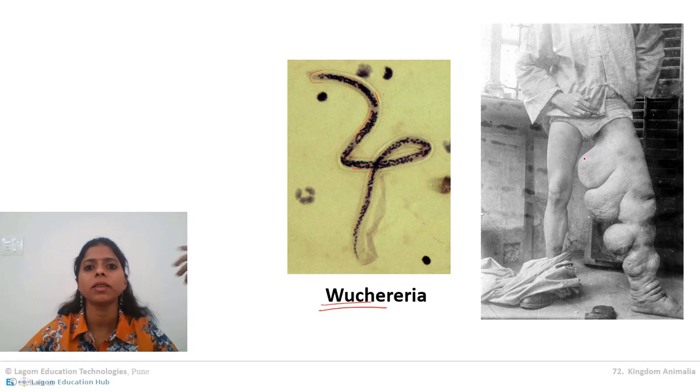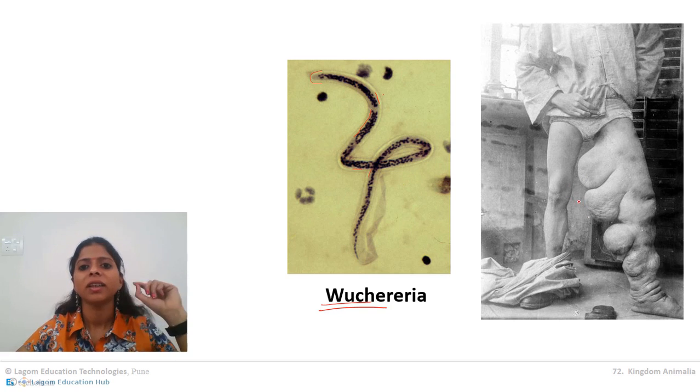Now next, this disease, elephantiasis, is such a bad disease that throughout the patient's life, its leg keeps on growing in size. And not only the leg, other reproductive organs also grow in size, and it is an incurable disease. Once it occurs, there is no cure for the disease. But remember, there is vaccination for the disease.